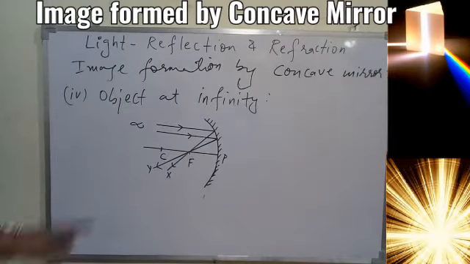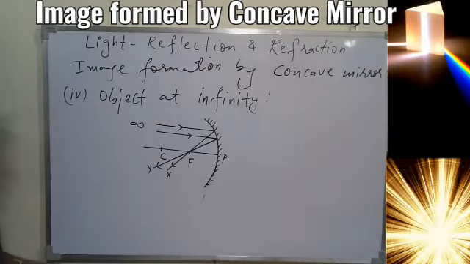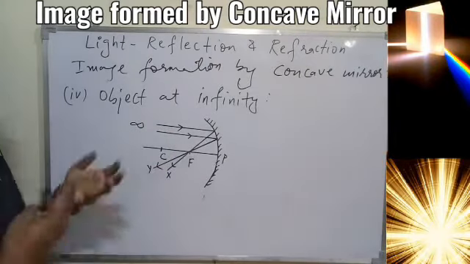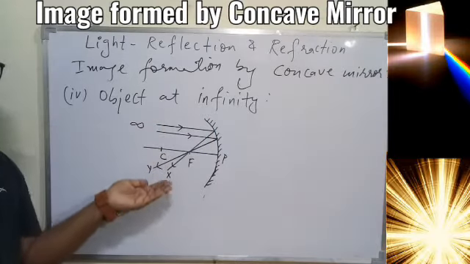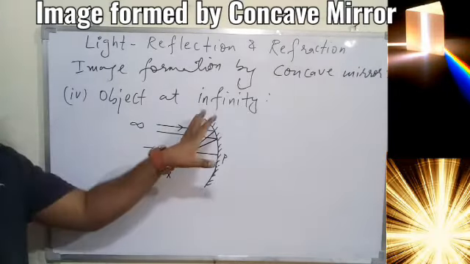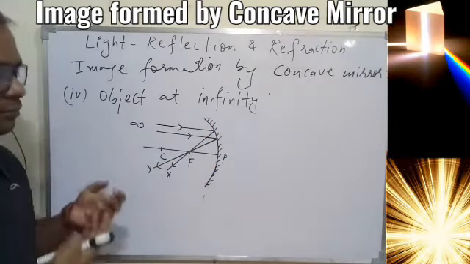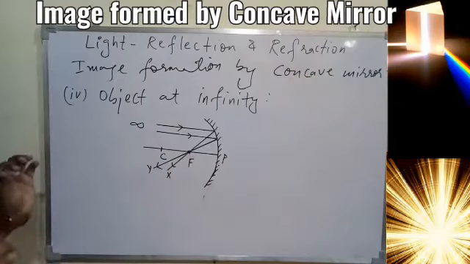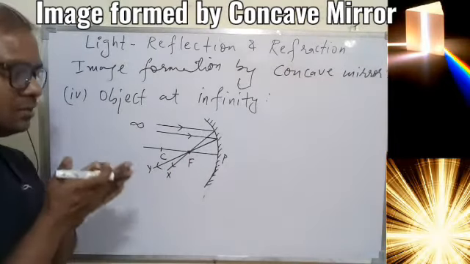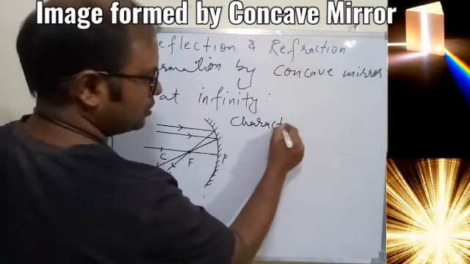So these two rays of light from the object at infinity, that is the symbol I have shown to you, according to the concept we should remember, will come parallel to the principal axis. All the rays that come parallel to the principal axis will start passing through the focus. So all rays of light will finally converge at the focus, and we get the image at the focus only. That is a simple thing. At this point only we are getting the image, because all the rays converge at the focus.